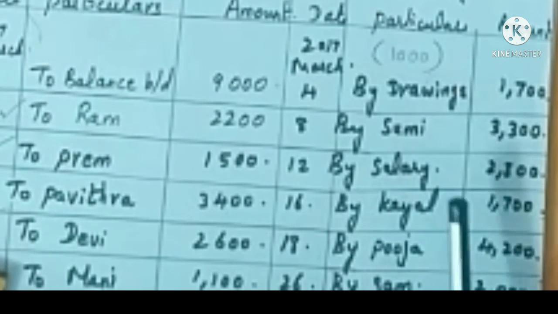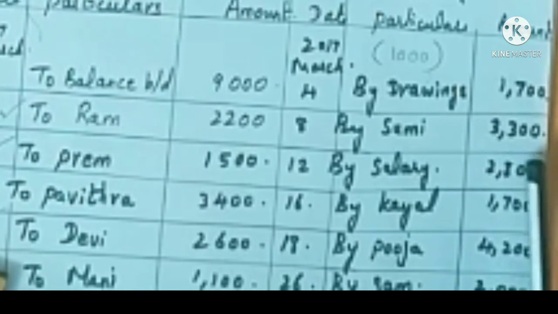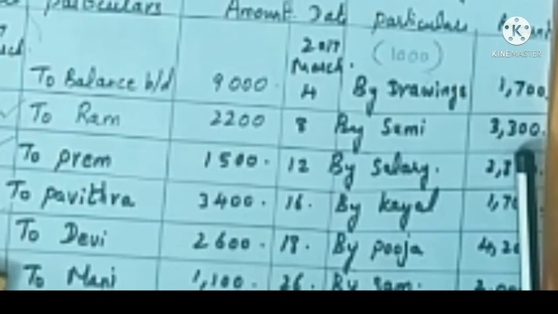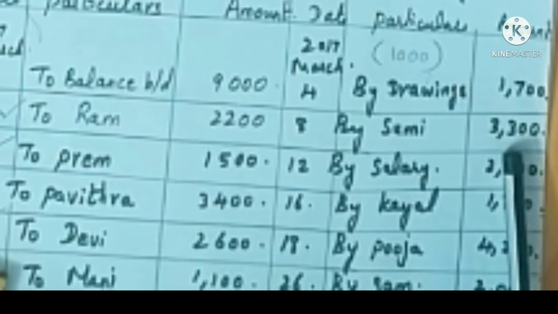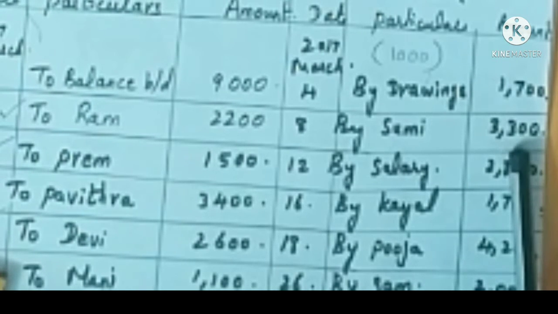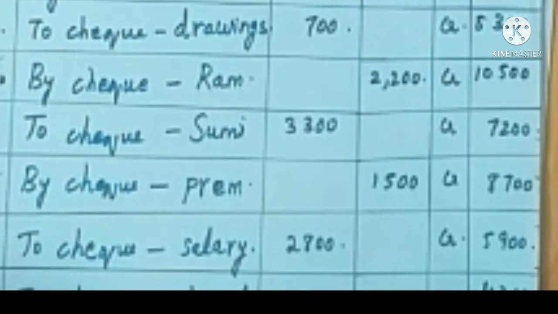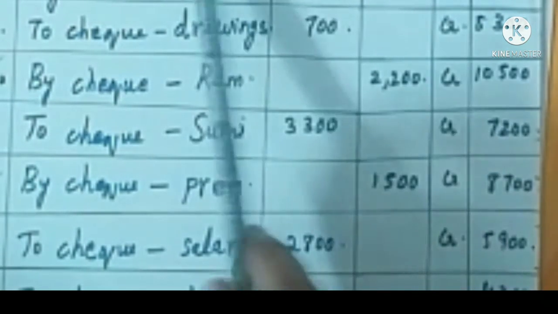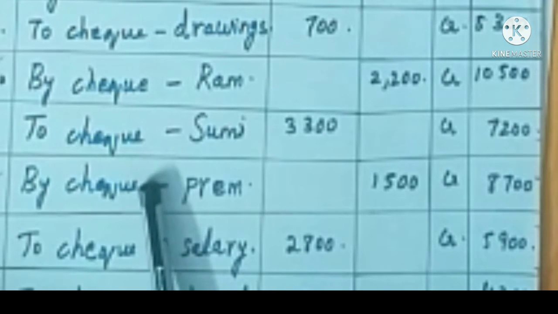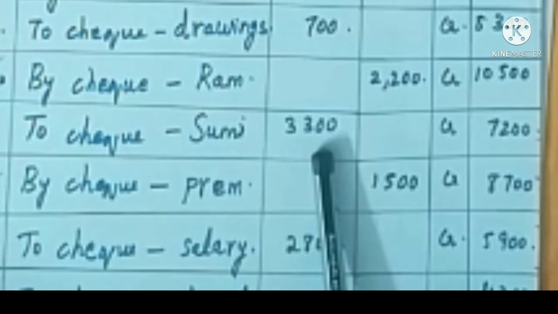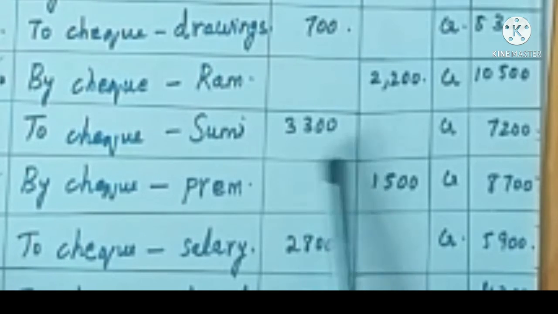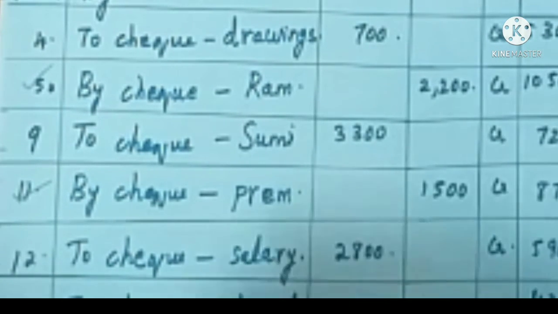Okay, let's see now whether Sumi rupees 3300 recorded in cash book is shown in passbook or not. So in cash book it is credited, in passbook it should be debited. Let's see on the debit side of the passbook. So this is the bank statement. In passbook it is shown on the debit side. Rupees 3300 is recorded in both the books. So I'm going to give you a tick mark for it.